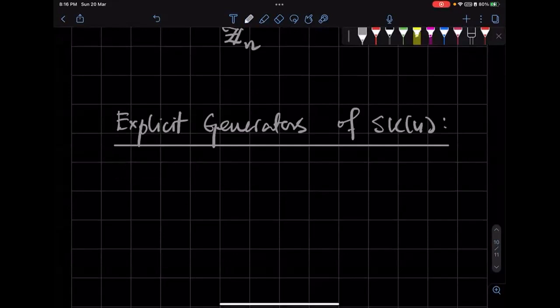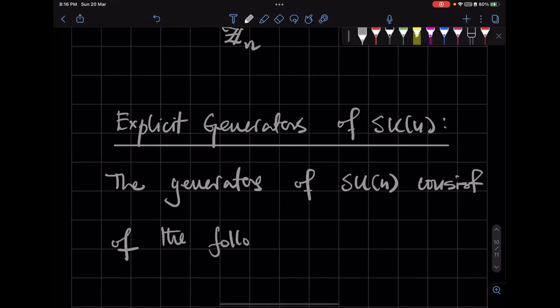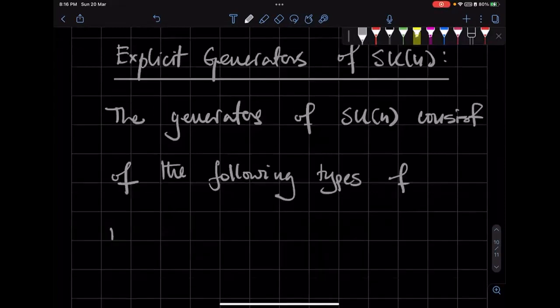So the generators of SU(N) consist of the following types. Okay, so number one is